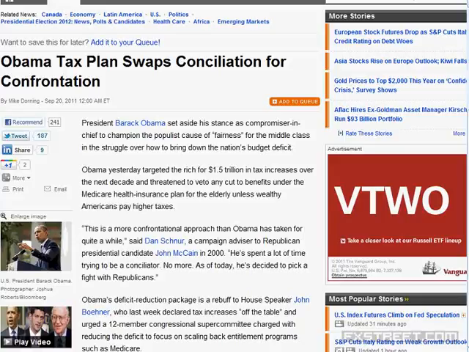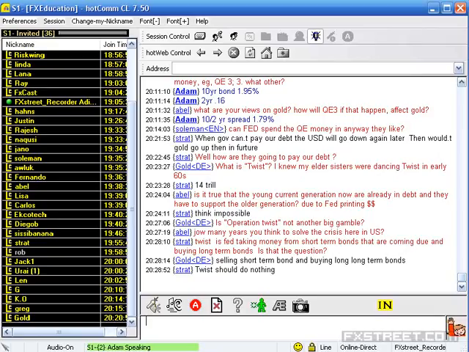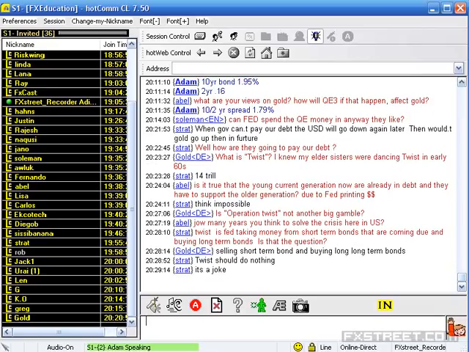Twist is Fed taking money from short-term bonds that are coming due and buying longer-term bonds. Is that the question? You are correct. I really thank you for typing this, by the way. But what does that do? It slipped my mind. Thank you very much for